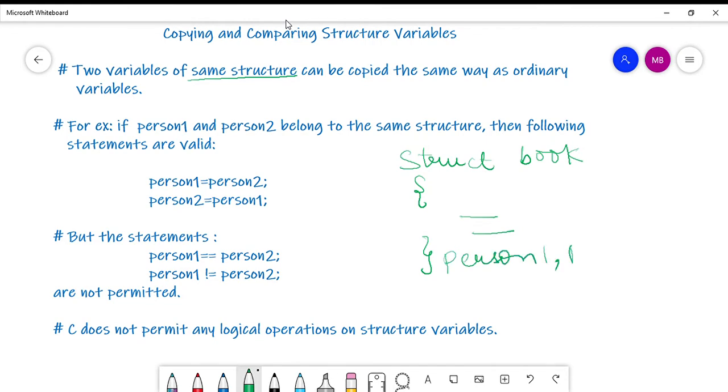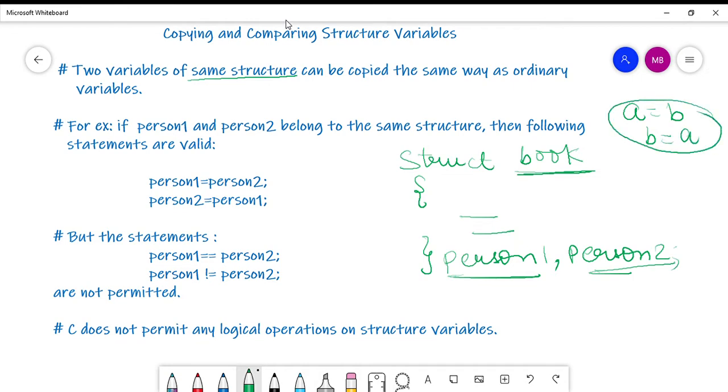Now you know that person1 and person2 are two variables, and both of them belong to the same structure, which is book. Since they belong to the same structure, they can be copied in the similar manner you copy any ordinary variables, just like the example of integer a equals b, or b equals a.